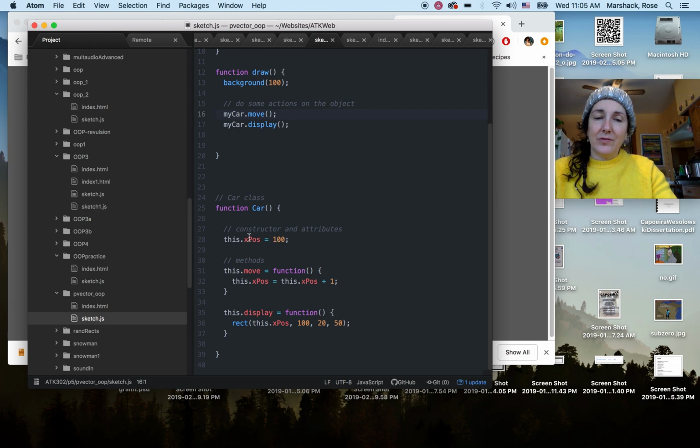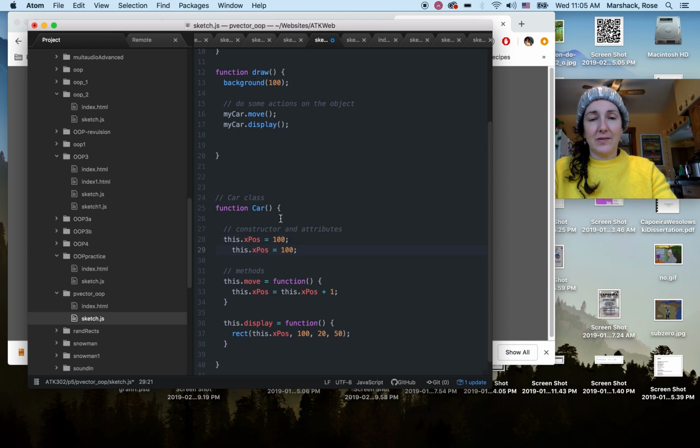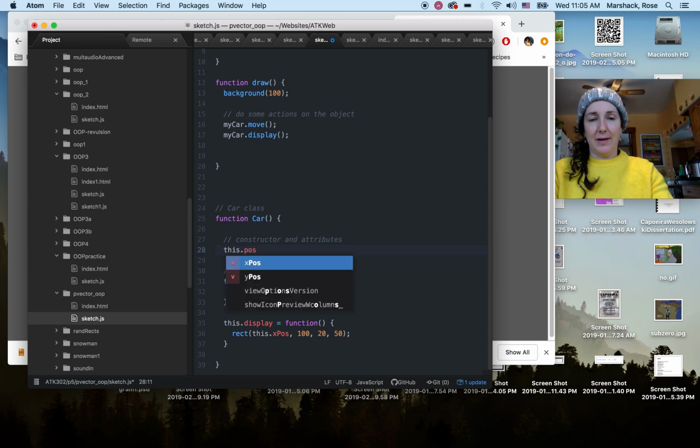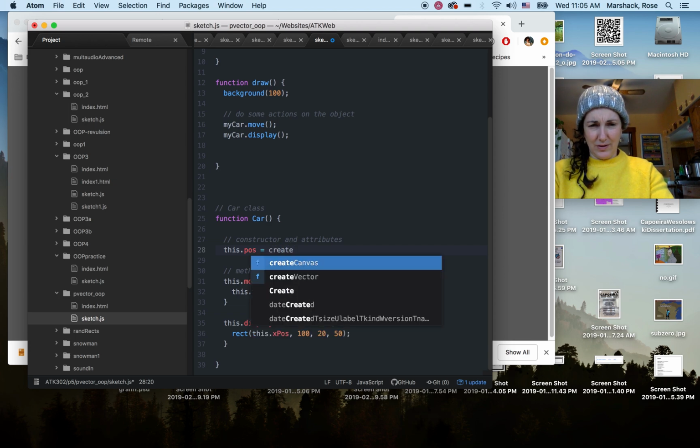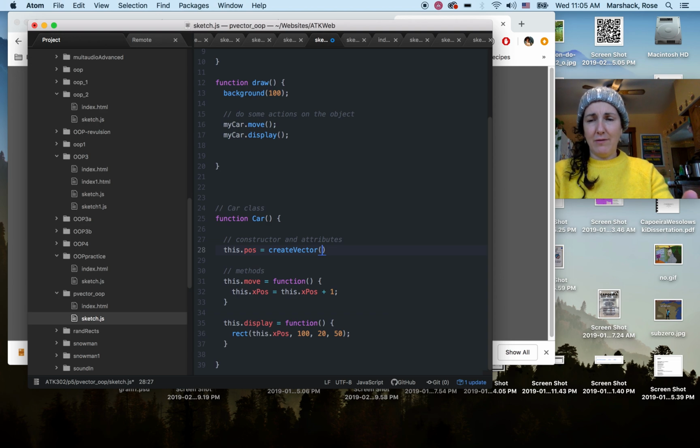Right now each car has its own x position, but I'm going to have an x position and a y position. I'm in my class now, so every car that I spawn is going to have this. I could make a this dot x pos and a this dot y position, but what I'm going to do instead is have a position vector. It's going to be this dot pos, and it's going to be a vector. So I'm going to use the word create vector. You can see it down there. Now I've got to put an x and a y location because I'm going to use a two-dimensional vector. So I could put 100, 100